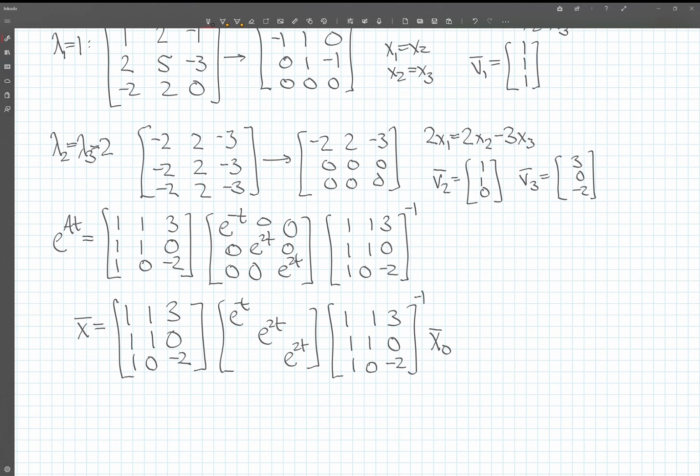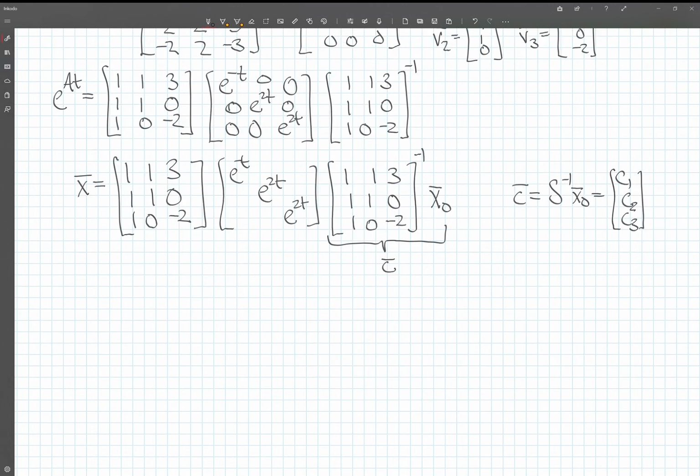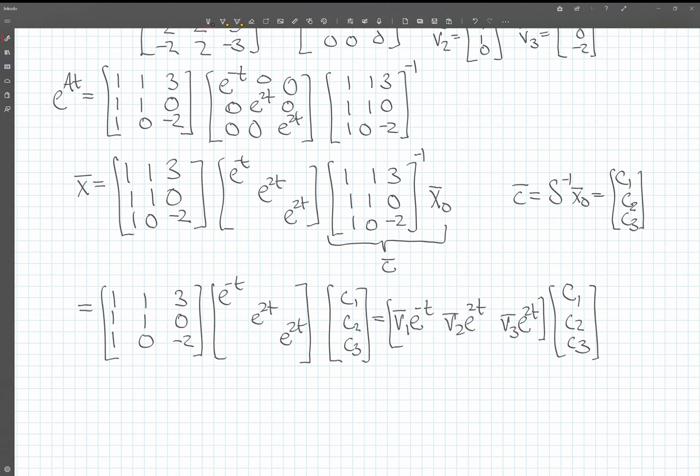Now I want to point something out, which is that if x0 is any old vector, a vector consisting of arbitrary constants, then the vector, which I'll call c, that I get by applying S inverse to x0, if x0 is allowed to be anything, then c can be anything. So let's call c c1, c2, and c3, and then we can go ahead and compute x using c1, c2,